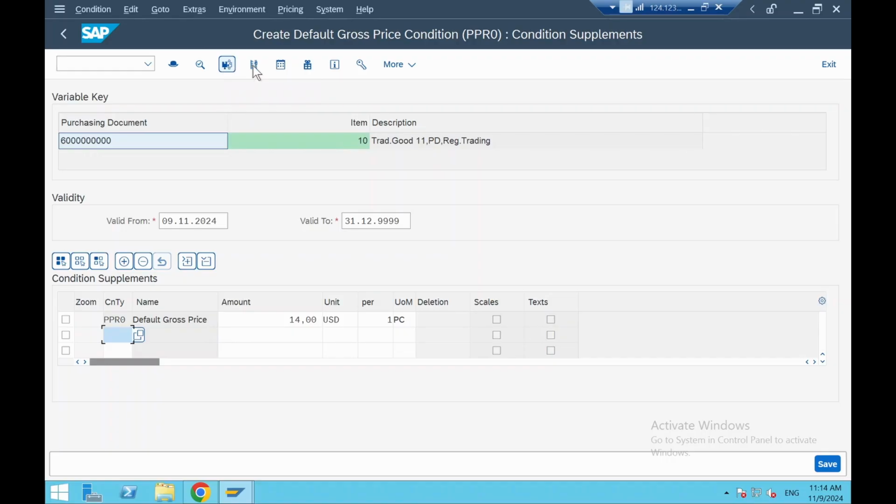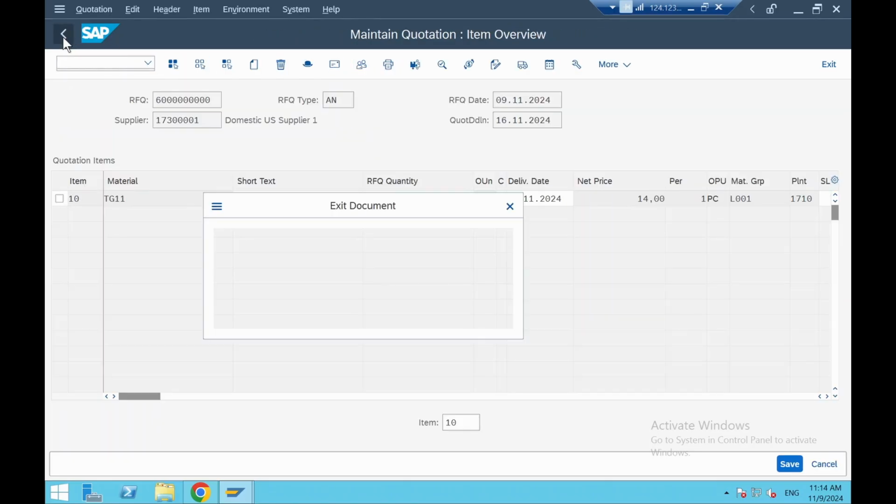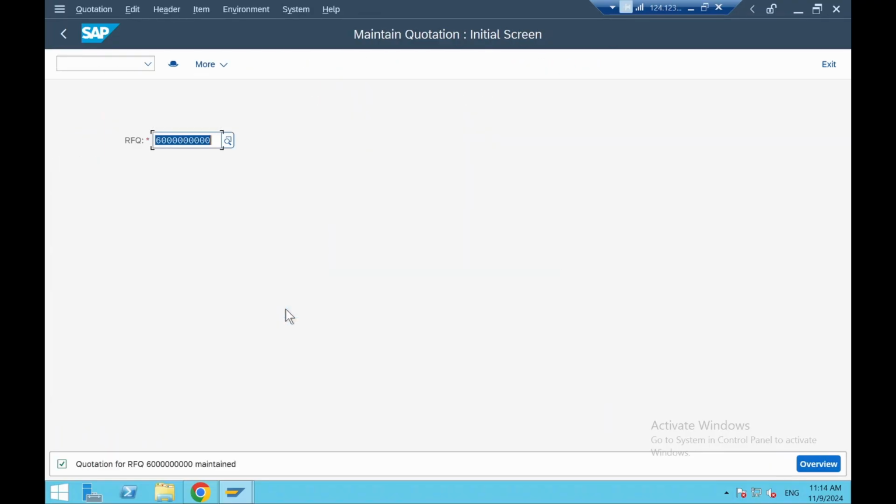This is additional data and scales. If you want to maintain, for example, 1 to 100 for this quantity, and 101 to 200 or 1000 for another, with the amount reducing, those are the scales. We are not putting that in scope in this one. I'll go back and save it. Fine. Next one is